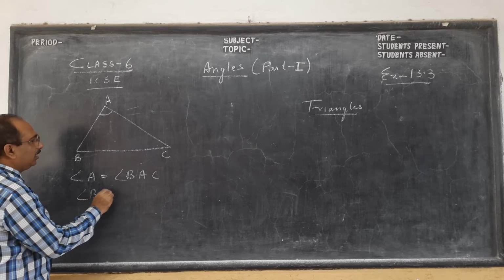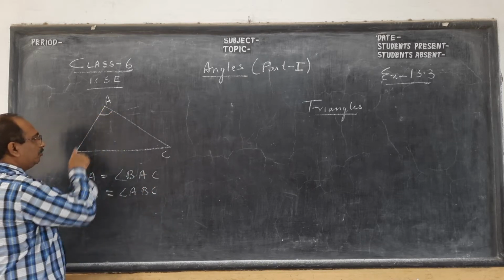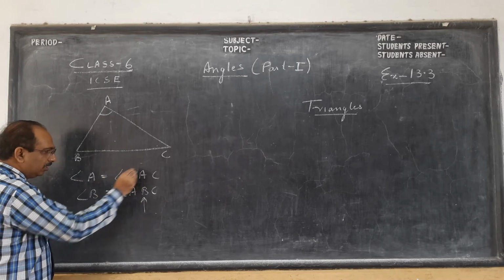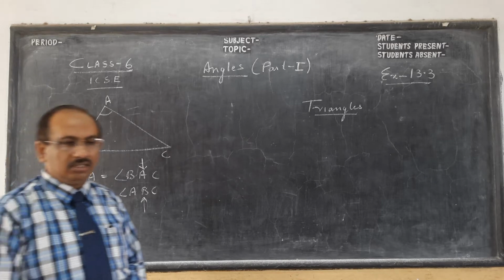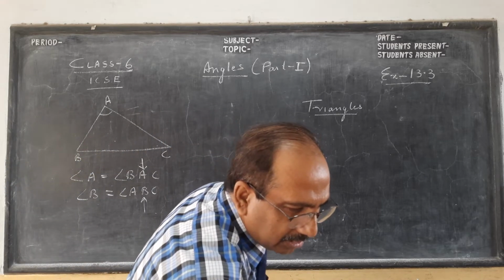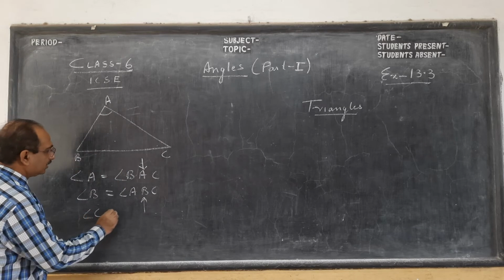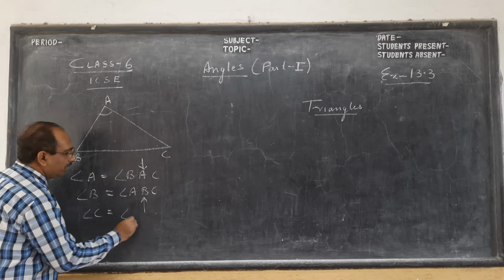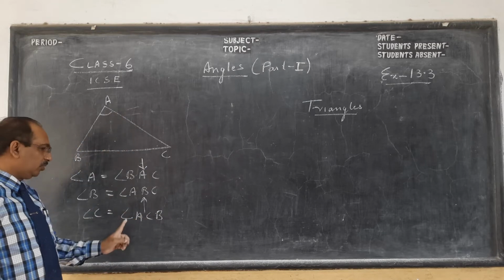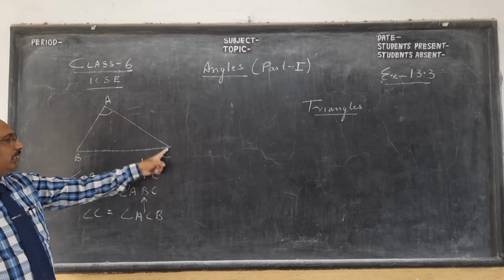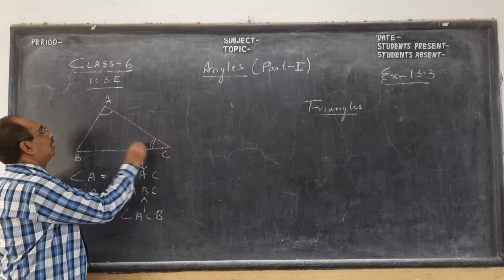So angle B is nothing but angle ABC. See, B has to be in the middle. Whatever single name I take, children, should be in the middle of the three letters. And last but not the least, angle C is ACB. I can call it BCA also, but I told you A comes before B. So ACB is a little better than BCA, but both of them are correct.